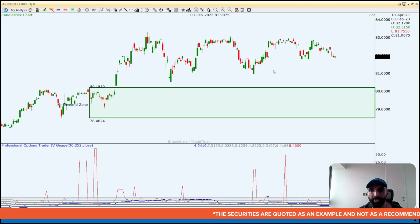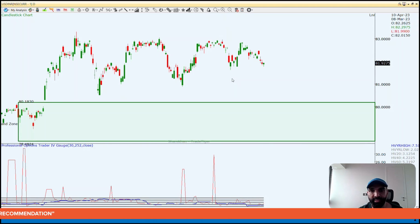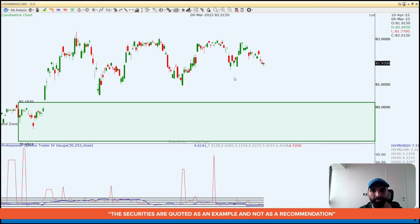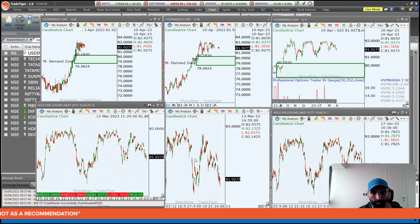Yeah, this is the same picture on the daily chart as well. Nothing clear, nothing evident as yet. Let's move on to the intraday charts. Maybe we can find some levels or some key levels there. So let's go to the